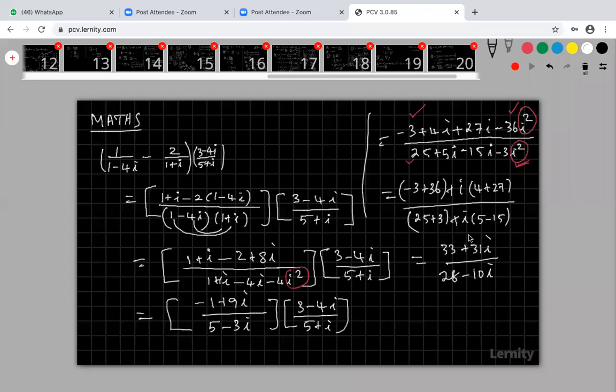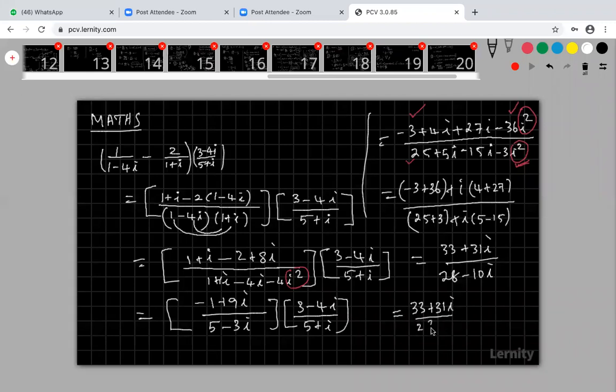Are you okay? Now, still this is not in the a plus ib form. So how to convert into a plus ib form? I'm going to simplify. That means I'm going to take a conjugate. That is 33 plus 31i